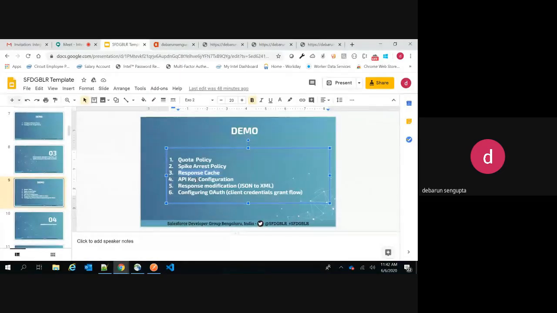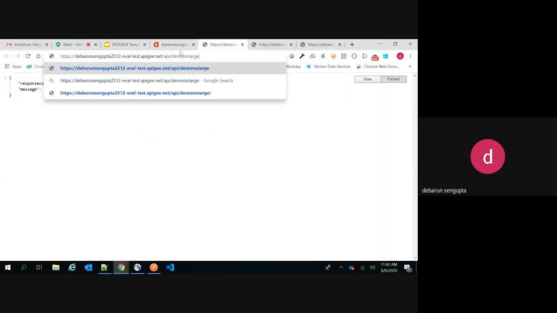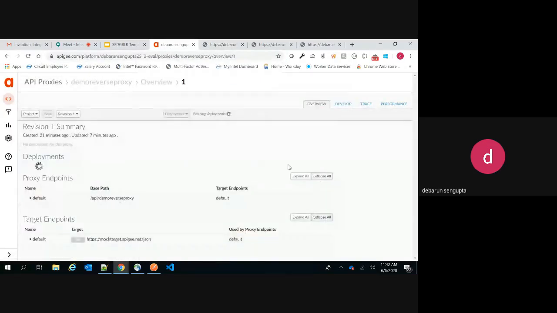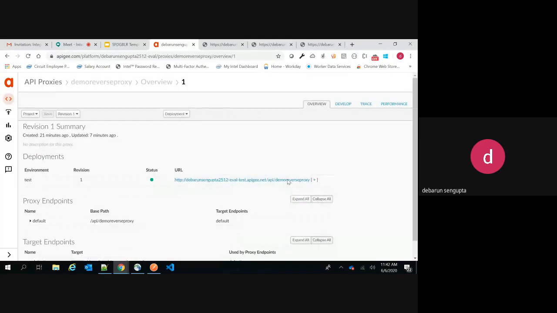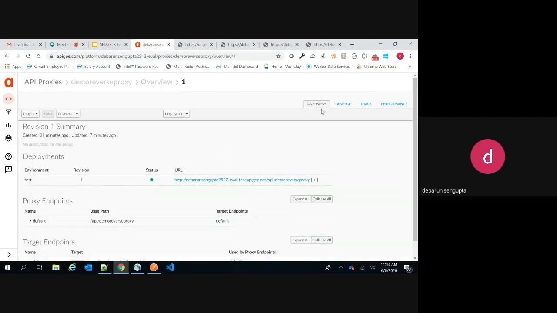Now we have something called API key configuration. This is very important, and it is a common kind of requirement. So you can see this response is coming right now. This API is kind of an open API. It is not protected. Now we want to protect this API with a particular key, which is common in all web services. So how can we do that?